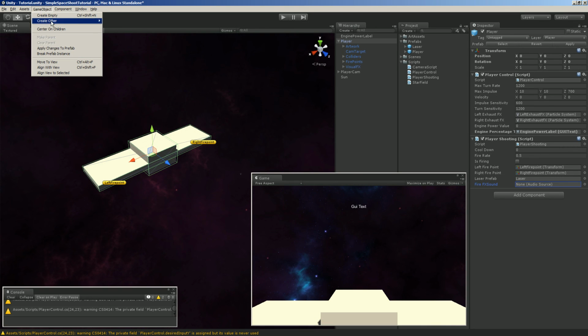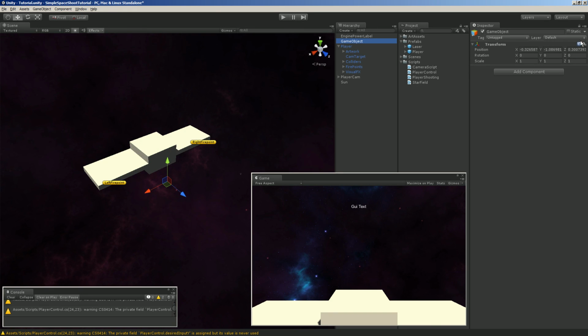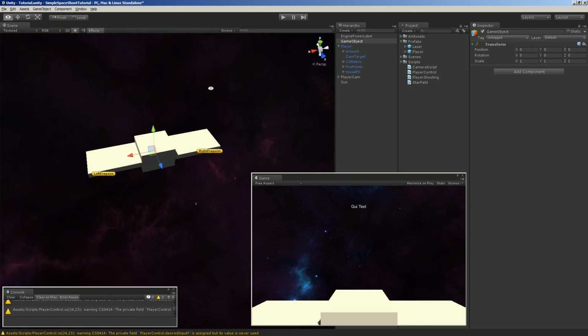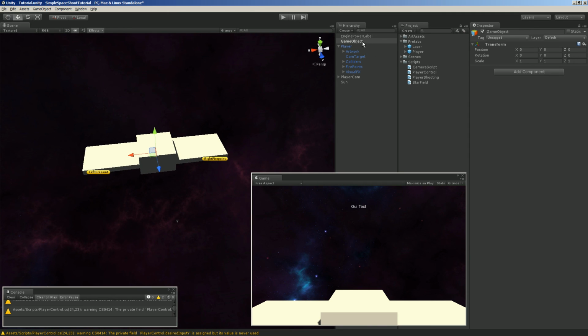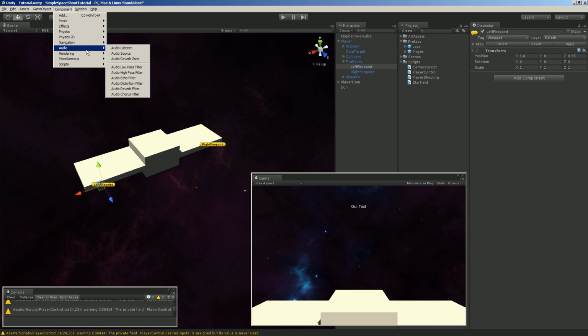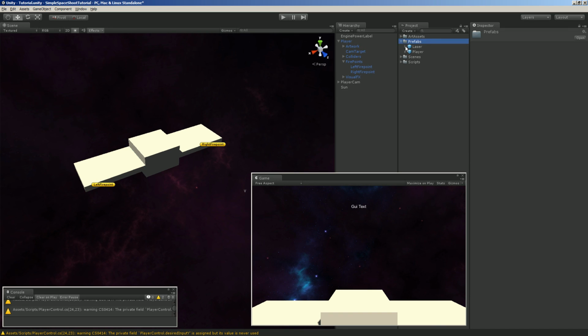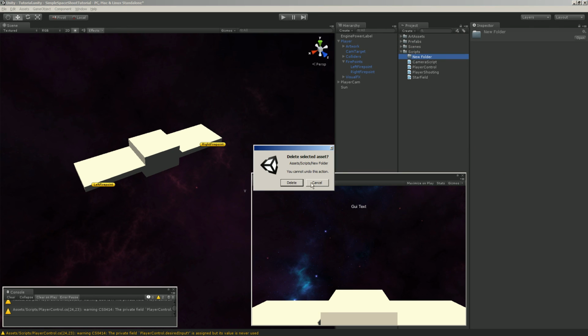So let's go in and create an empty. Let's reset it. Okay. Or better yet, let's not do that, and let's just go Component, Audio Source, and assign it on one of the firing points. I don't think we need it on both. Okay, so we don't want to play on awake, and we don't want it to loop, and we don't have a sound. So let's create a folder, not inside the script folder like I just did,